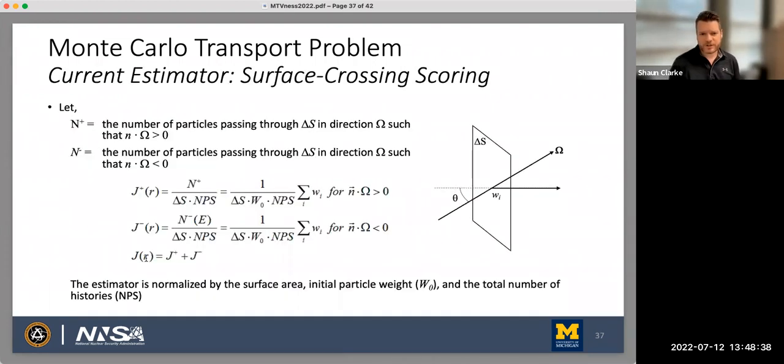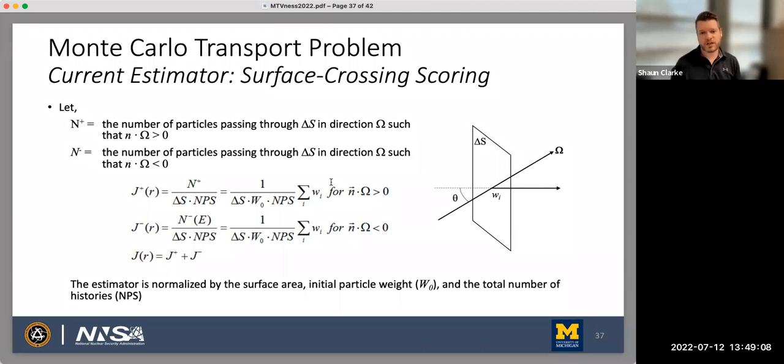So these next couple slides just show the equations for those of you that are mathematically inclined. But basically here on the right is how it's done. These calculations in Monte Carlo are called tallies because you're just adding things up as they happen. So if you wanted to compute the current across this surface S, what you would do in your Monte Carlo